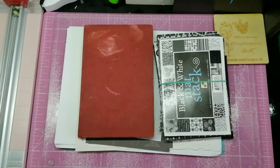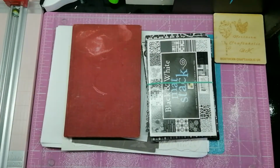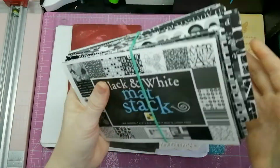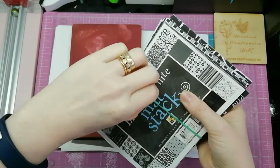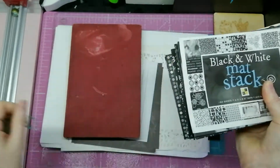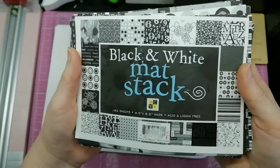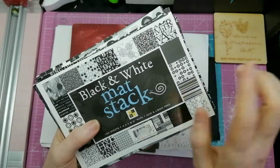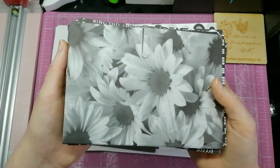So, these are from my own stash. And these are going to be added into the journal too. So, I found these awesomes. I knew I had these, but yeah, they just had to be dug out and used, because these are a matte stack,